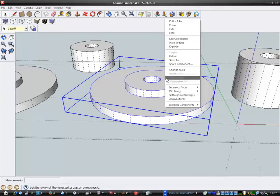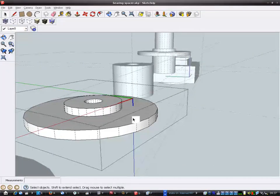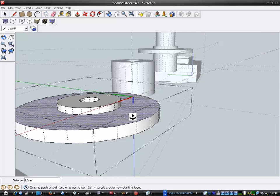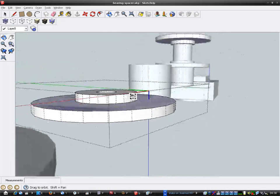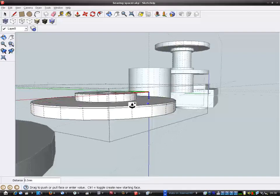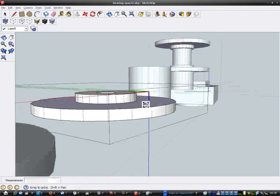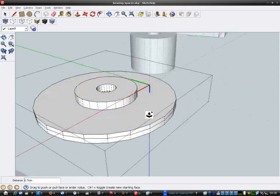So if I edit that component, now you'll see that the ones in the distance will also change as well. So if I change the thickness of this, you'll see the one in the distance. Oh, you can't see it. Actually, it's at the top. You'll see the one in the background is also changing. But, yeah, so if I'll just escape a minute, I've forgotten where I was now. I want to bring that down by 0.5,